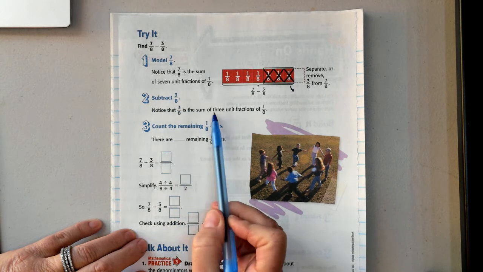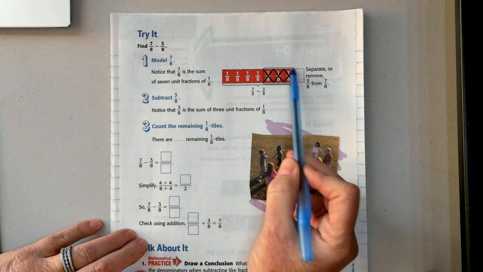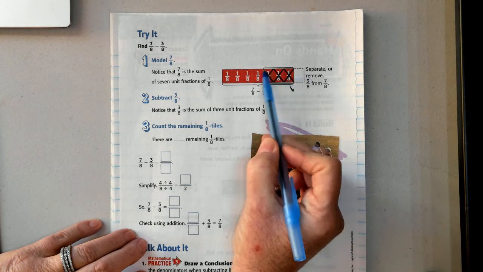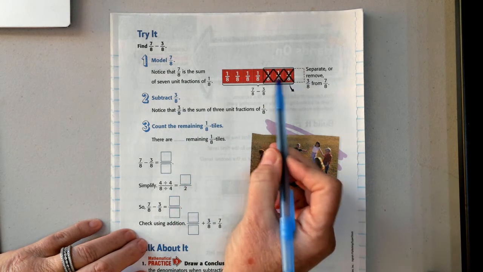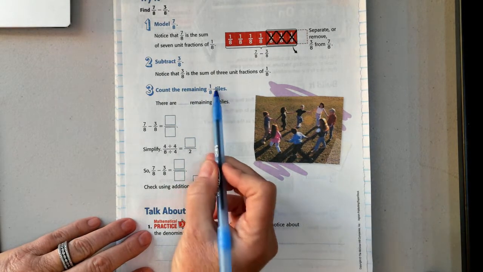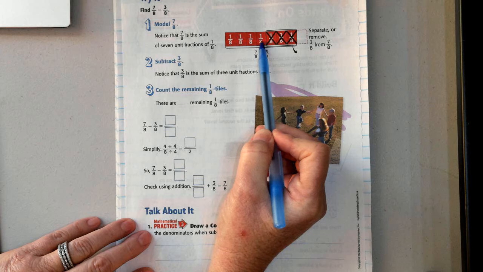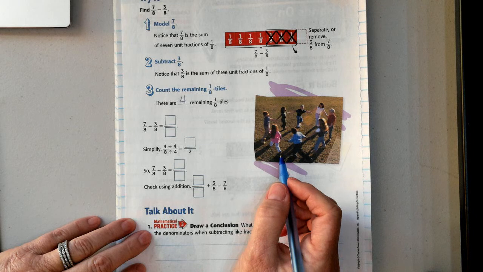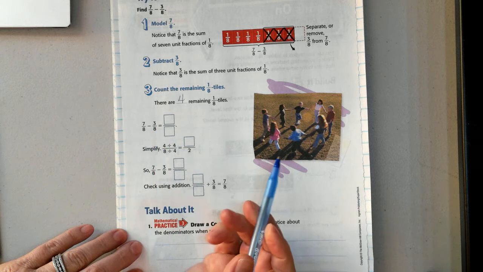Notice that 3/8 is the sum of 3 unit fractions of 1/8. So it's 1, 2, 3. They're just reminding you that a unit fraction is 1/8, and if we added all 3 of these together, the sum would be 3/8. Now let's count the remaining 1/8 tiles. 1, 2, 3, 4. There are 4 remaining 1/8 tiles. So 7/8 minus 3/8 is